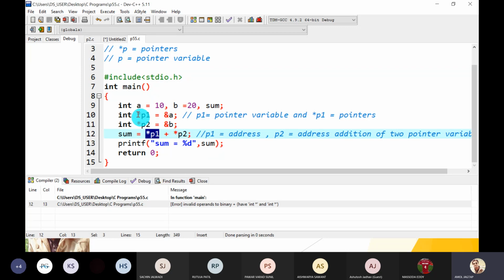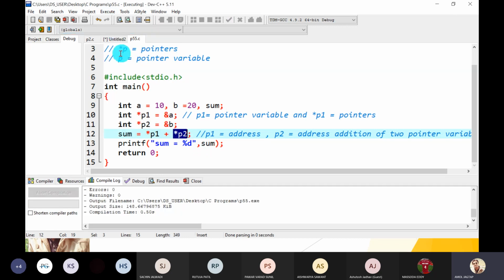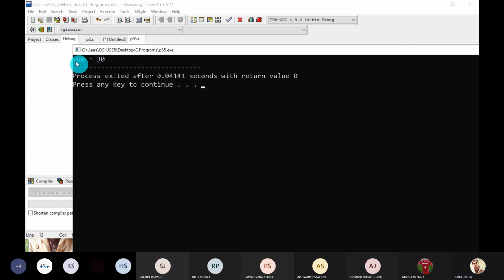Star p1 means the value at that address. Which value does it store? 10, the value of variable a. Star p2, what does it store? The value at the address of b, which is 20. So 10 plus 20 gives 30, and 30 is saved into sum. So it is not a syntactical error. It gives you the correct answer as 30. Just compile and run and check.